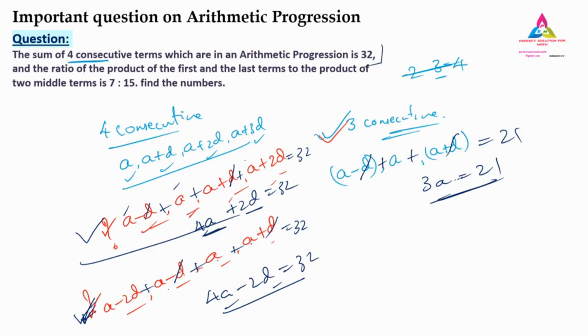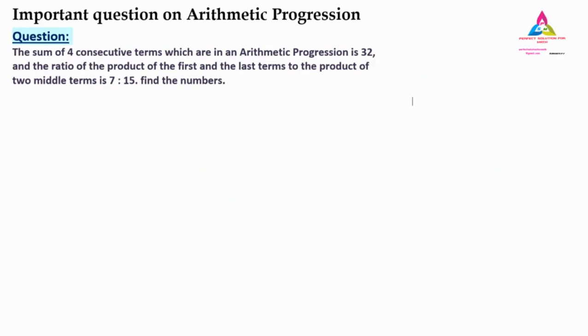So if you can't go with this sequence of numbers, when you are given a question like this, you have to use one trick. That trick I will explain to you now. Coming to the question, I have already told you that you can't use the direct a minus d, or a minus 2d, and next one a plus d. These 4 consecutive terms we can't use, because I have already said you are going to have an a value and a d value also. But which terms do we have to take?